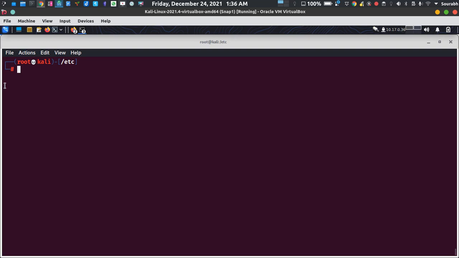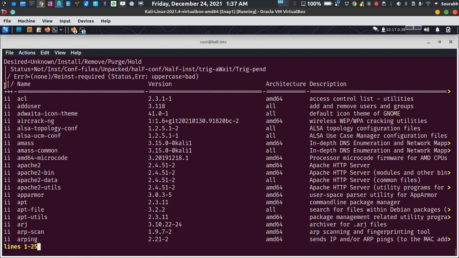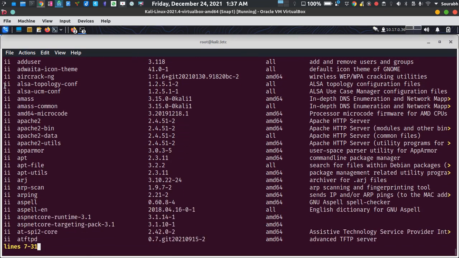Finding out about the weak file permission is a very important thing in computer. Finding about the, so not weak file permission, finding about the installed applications on your computer is a very important thing to do. So how can we find that? How can we know what programs are actually installed on my computer? In my Linux computer, it can be a Windows computer. I'm going to show you on both platforms. First, Linux. For finding all the packages which are installed on a computer, you just have to type dpkg -l.